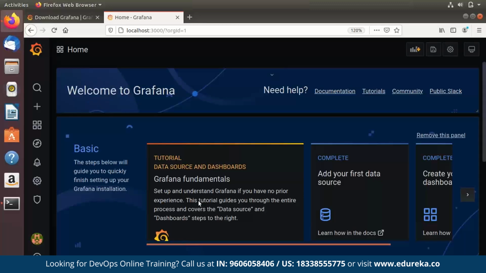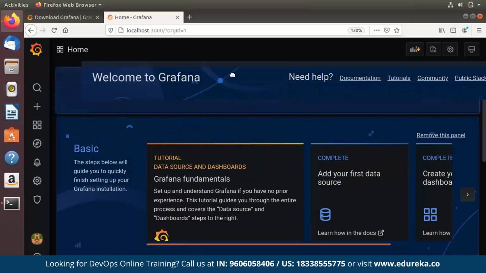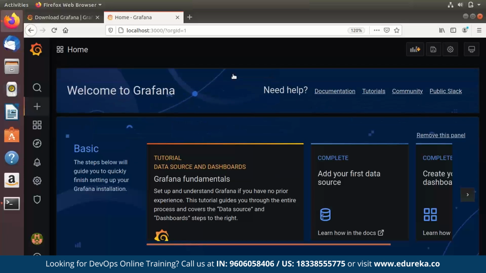And this is how the Grafana user interface really looks. You can see that there's a search button, there's some icons on the left hand side, and there are also panels that you can play around with. So you can create your dashboard that will allow you to create beautiful visualizations for your data source, right?